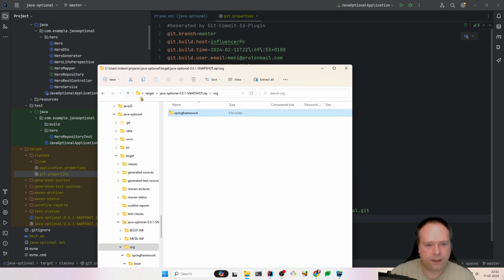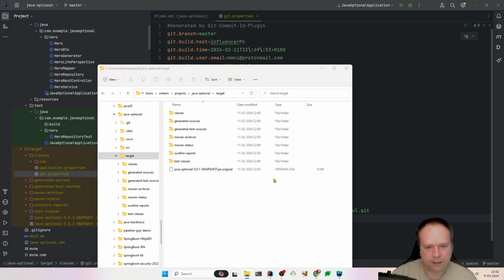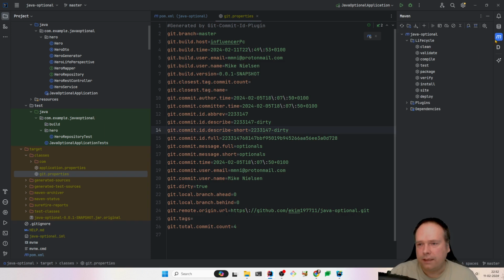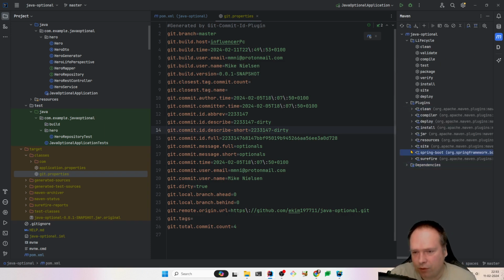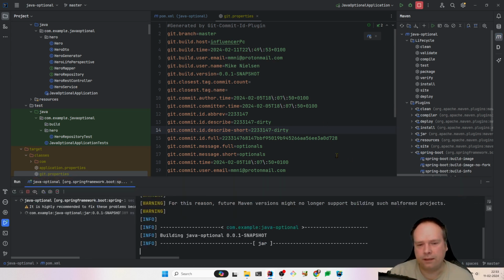Instead of running install, Spring Boot actually has another target that can be run. Let me just delete that one. And that is called repackage. So let me just go right here, plugins, Spring Boot, and repackage that is. So you have to run repackage. That's also if you want to have a manifest file where it says which